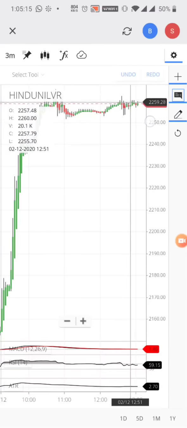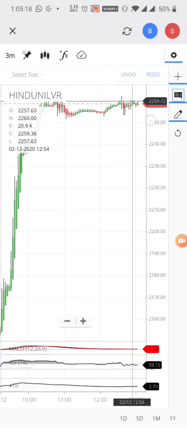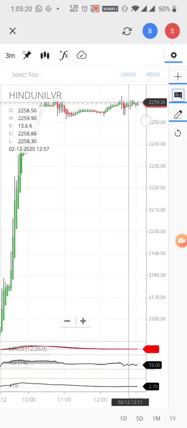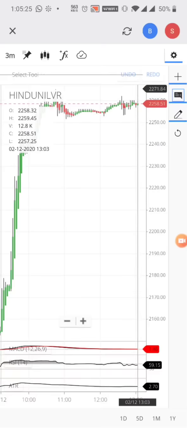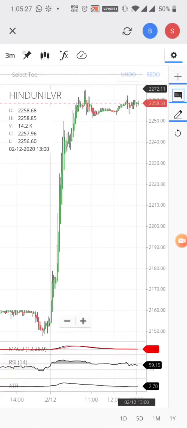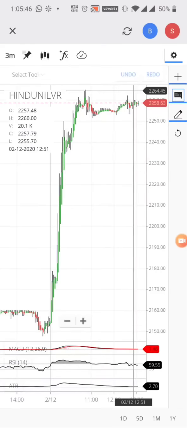But anyway, it is trading in that range and it's already up, so it can go further up. Now if you see, the volumes are increasing, spikes can come, it can go up also, it can go down also. But this is what I would like to mention. Check the resistance level of your stocks, where your stocks are, where the RSIs are. A lot of parameters I told you. It's not just seeing that the market is up, so the stock should also go up. No, see the levels of the stock, see the resistance, see the support of the stock, and then take an advantage. So this is a quick demo trade for you guys.